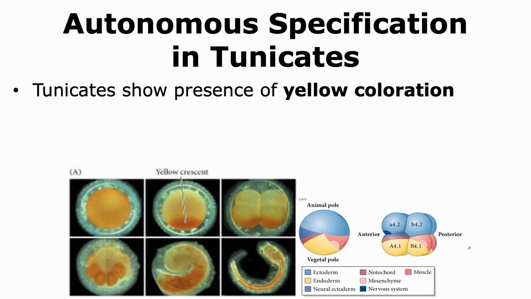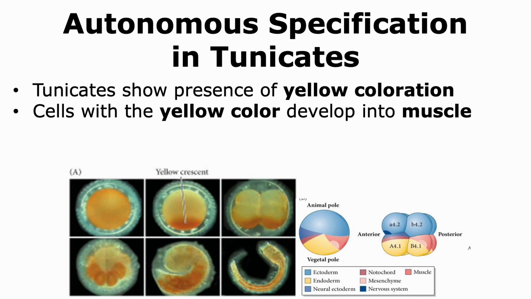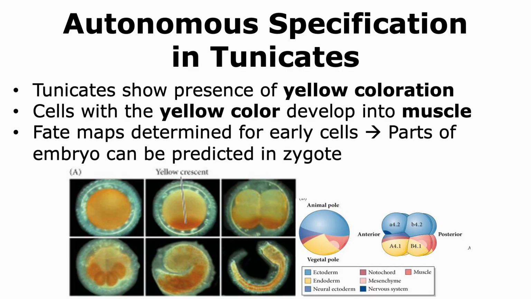In the case of tunicates, the zygote shows the presence of a yellow coloration or a yellow crescent. The presence of this yellow coloration can allow us to map the fates of the cells that will form in that region. This is exactly what the embryologist Conklin did when he noticed that cells with the yellow color actually develop into muscle cells. Conklin was able to map all the early cells during tunicate development and was able to determine their fate, and thus the parts of the embryo can be predicted in the zygote itself. Thus, tunicates are known to show